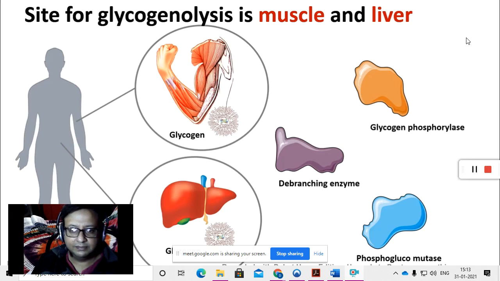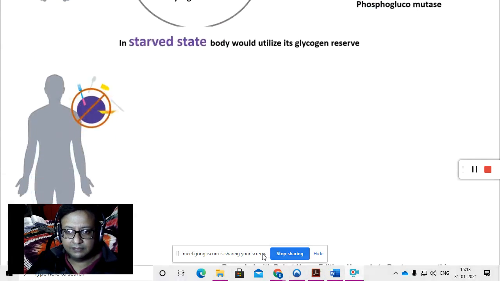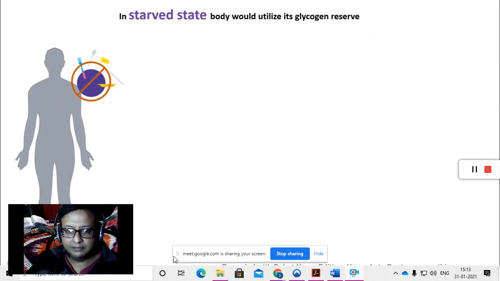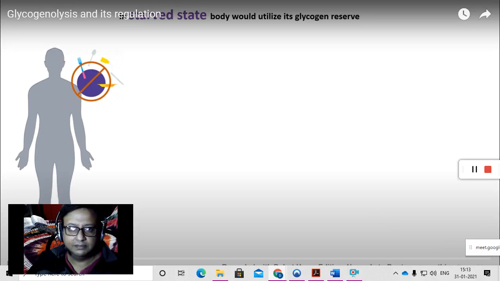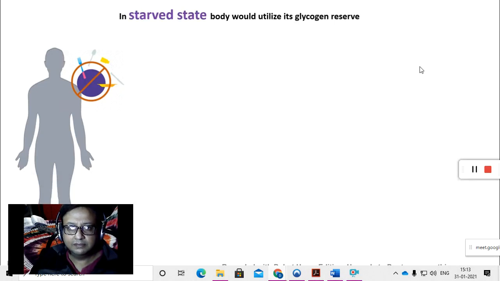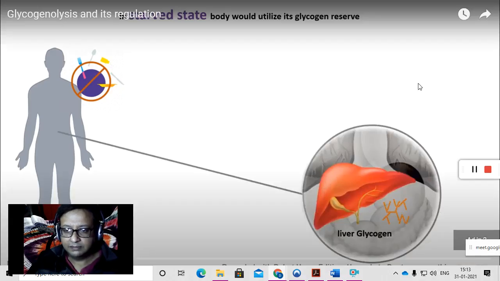Now then ask, when does it take place? One of the situations when glycogenolysis is important is the starved state. In the starved state, the body is deprived of any kind of external nutrition intake. So the body has to break down its own glycogen reserve in order to produce energy. So simply,